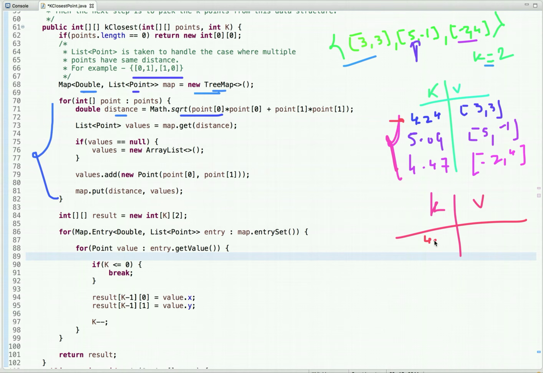So 4.24 comes first, then 4.47, and then 5.09, and also their coordinates. So the first coordinate is 3, 3. The coordinate associated with the second distance is minus 2, 4, and the coordinate associated with this distance is 5, minus 1.